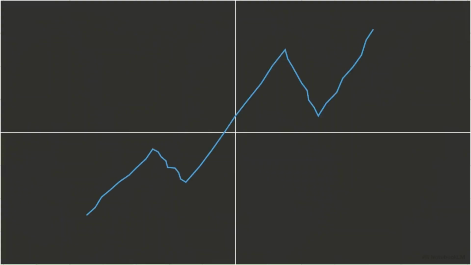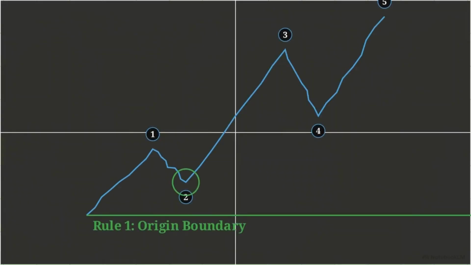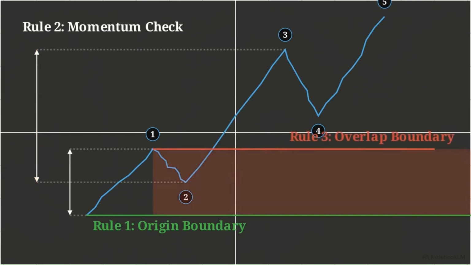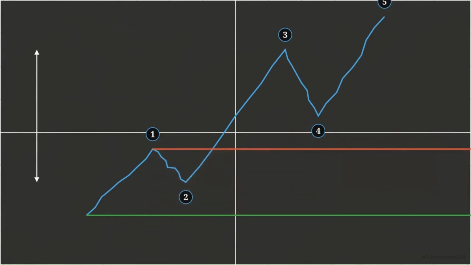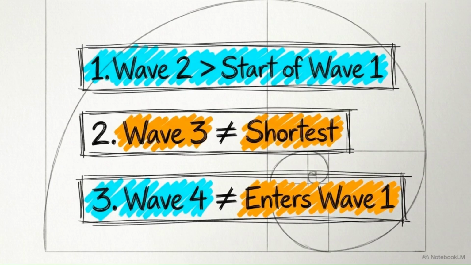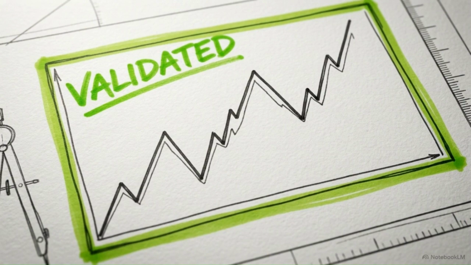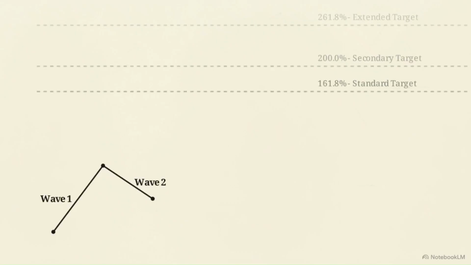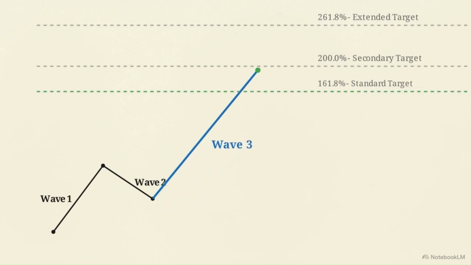Experienced traders use these 3 boundaries to filter out low-probability setups before committing capital. They provide a standardized way to measure if a market move is actually behaving like a trend. These are the 3 core requirements for a valid count. Unlike Fibonacci levels, which are guidelines for where price might turn, these rules define whether the pattern itself exists. Adhering to these requirements helps you maintain an internally consistent count. This baseline allows you to move to the next step, using Fibonacci extensions to identify specific targets for the end